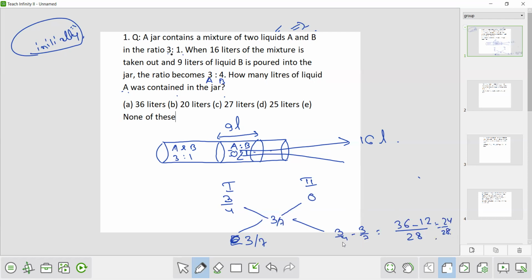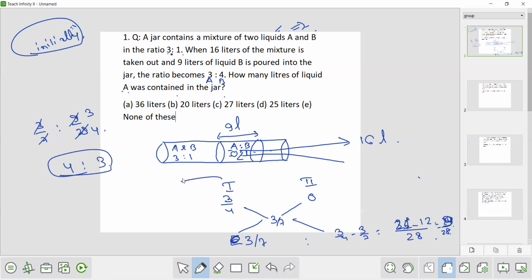Let's check whether we have done it correctly. Oh, sorry. It's 7 fours are 28. 7 times, right? So 7 threes are 21. This will be 21. 21 minus 12, that is 9. So 9 by 28. The ratio comes out to be 3 by 7 is to 9 by 28. Now this will go in the table of 4, and this will go in the table of 3. So the ratio is 4 is to 3.